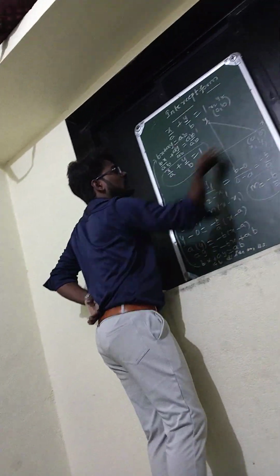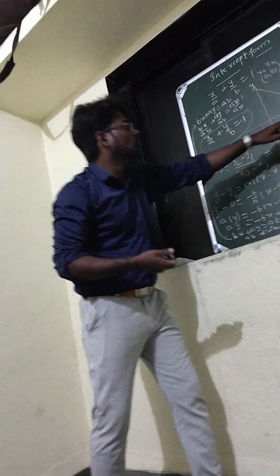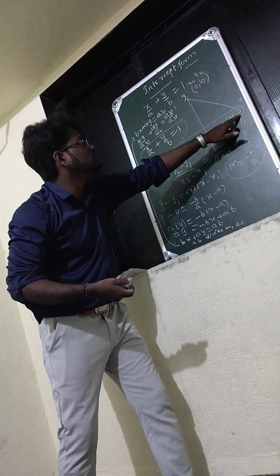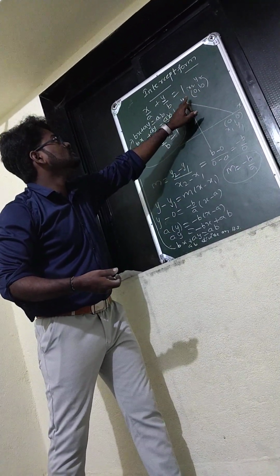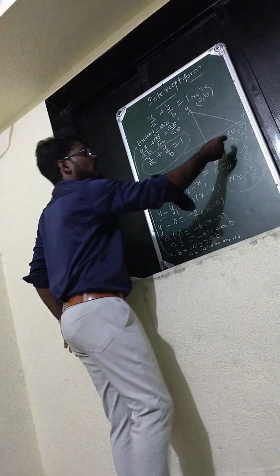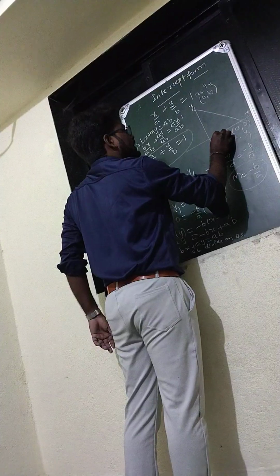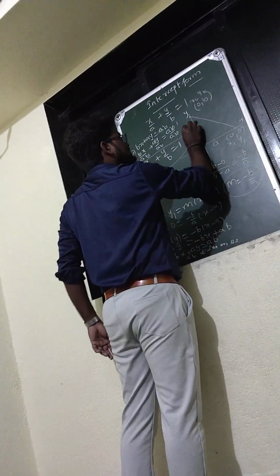You draw the x line and you draw the y line. One point passes through only the x-axis, y position is 0. One point passes through only the y-axis, x position is 0. Here point a comma 0 and here point 0 comma b. And this distance is a and this distance is b.